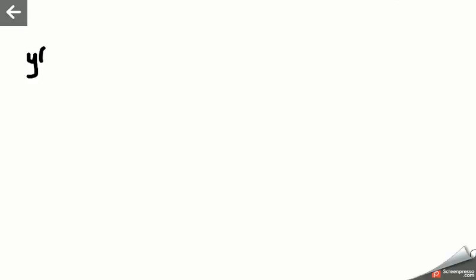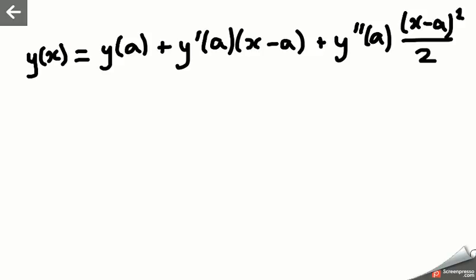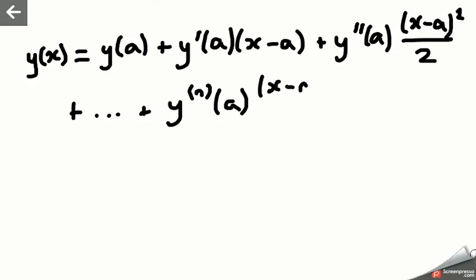We end up with y of x is equal to y of a plus y prime of a times (x minus a) plus y double prime of a times (x minus a) squared over 2, plus, and we keep doing this all the way up to y differentiated n times at the point a times (x minus a) to the power of n divided by n factorial, plus, and then we still have this big, long, horrible integral,